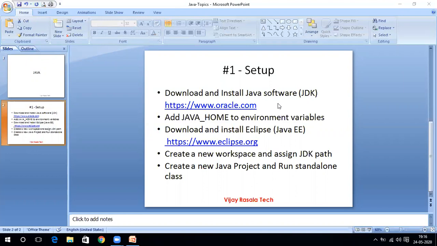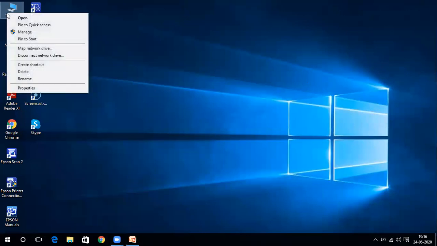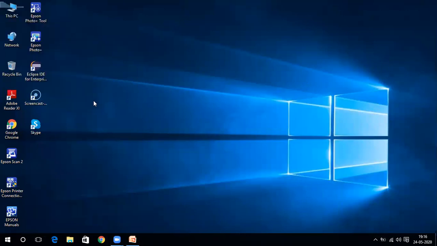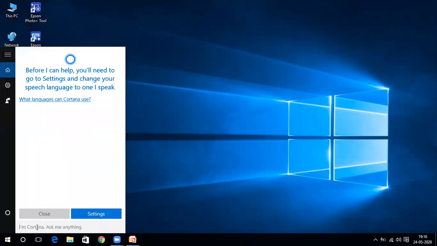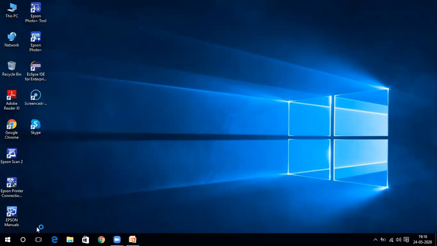Okay, once you have successfully completed installing the Java software, what you need to do is go back to My PC, and if you are not able to see this, you can type here environment variable, edit the system environment variables.